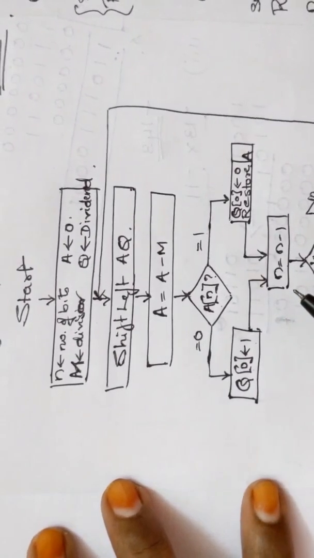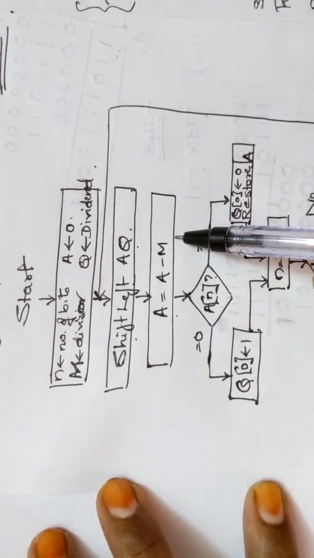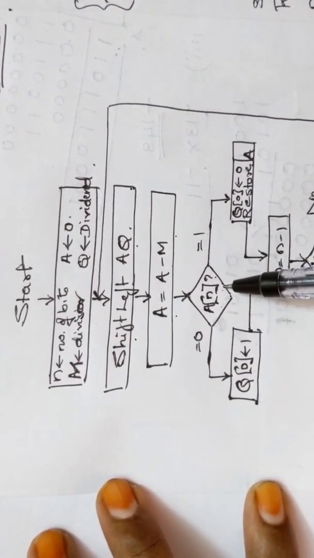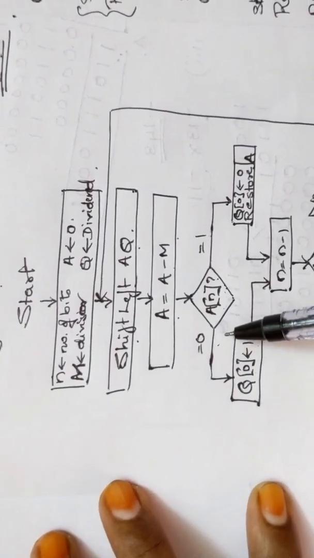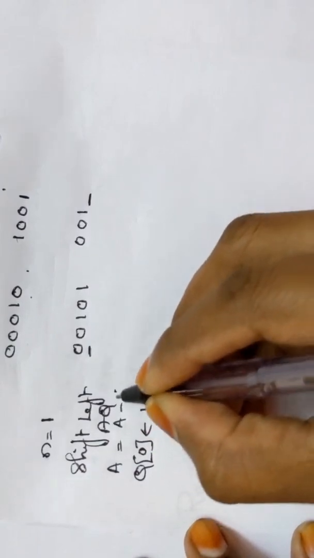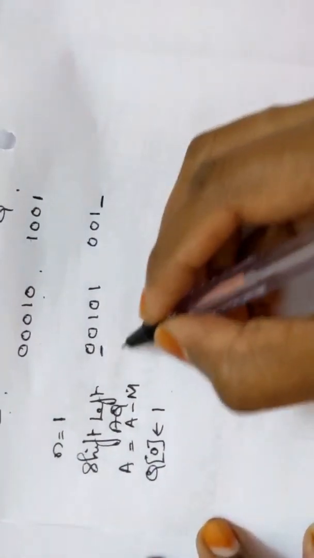One step I left out, that is after performing the shift operation. From the flow chart, after performing the shift operation, what is the task to be done? A is equal to A minus M. Then only you will be checking the bit of the A register, whether it is 1 or 0. So in continuing the example, after performing the shift operation, you have to perform A is equal to A minus M. So adding it with the 2's complement of the divisor. So 2's complement of divisor is